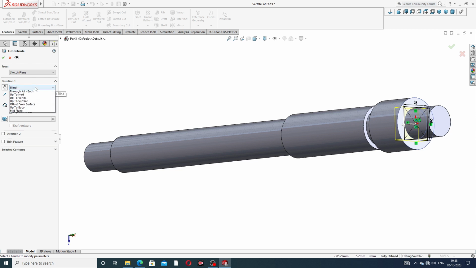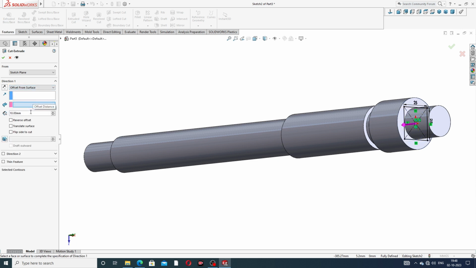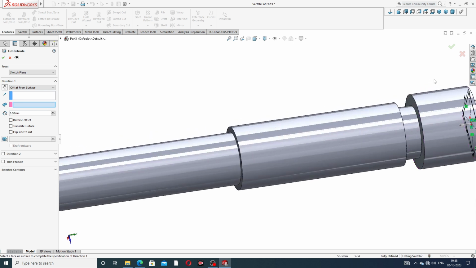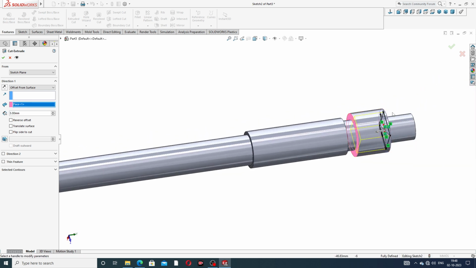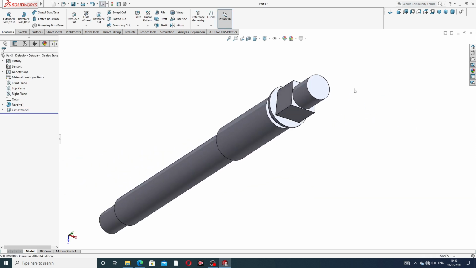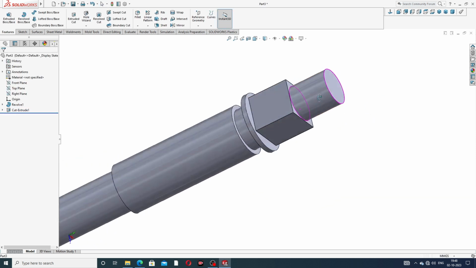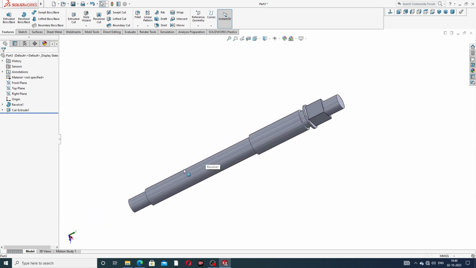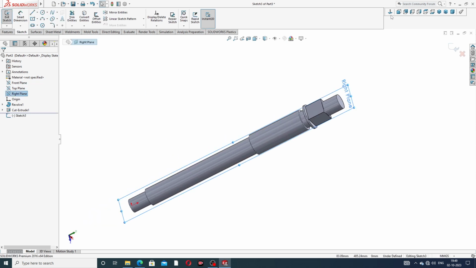and going to this offset from surface. Okay, and this is a 3 millimeter, and offset is this. Okay, and flip side to cut is better, and okay, click OK. Okay, this is a very nice looking here, and this is a perfect and correct, and also use a right plane, a hole is created here, and okay,